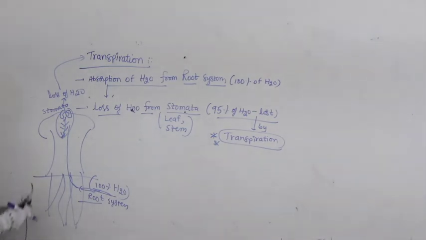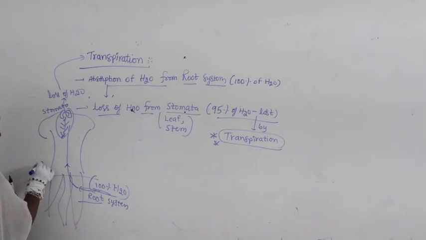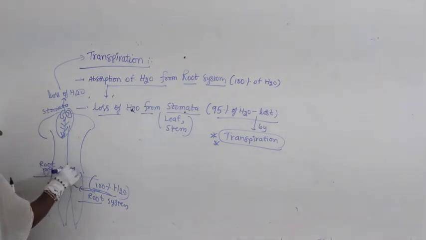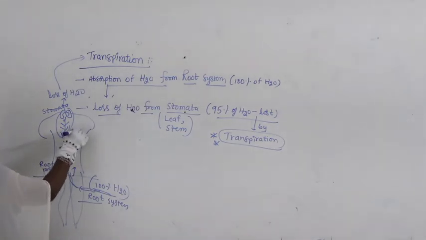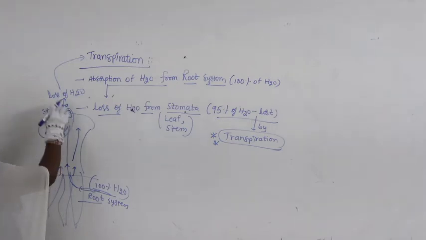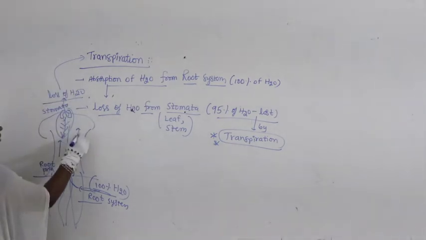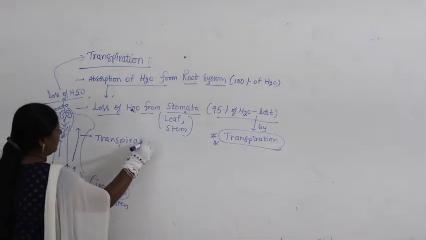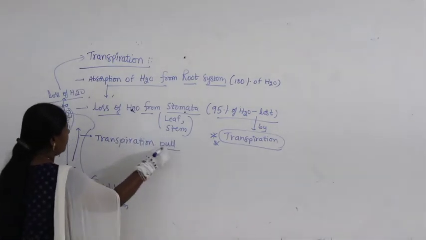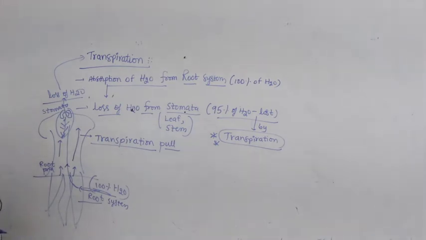Now here, the root is supplying water with the help of root pressure. With the help of root pressure, it lifts the water to some extent. After that, who is taking the water? From here the water is pulled by the pressure created by transpiration due to loss of water. Here it is called transpiration pull. When water is lost, all cells become empty, and then they pull the water